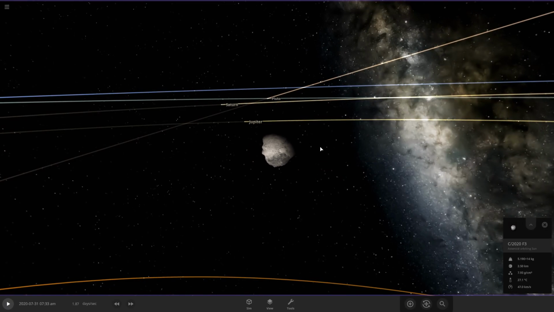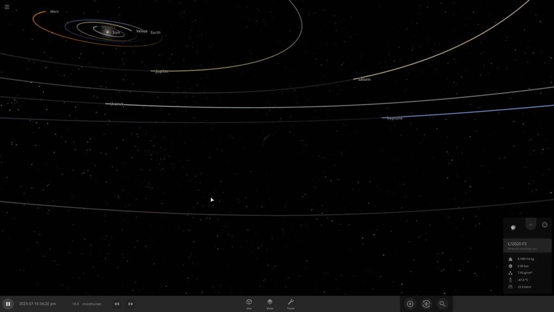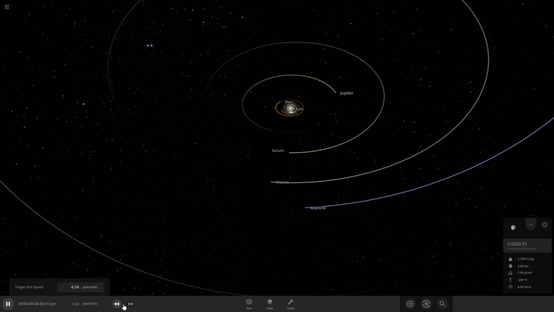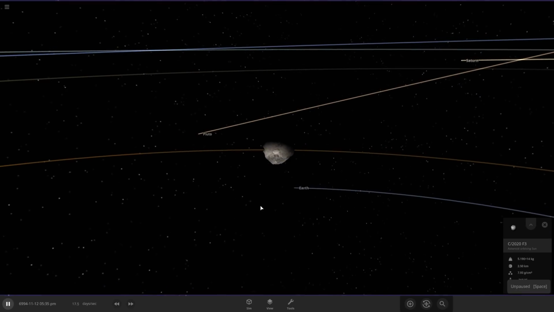And apparently this one's orbit is so long that we're not going to see it for a long time. 5,000! Okay, 5,000 years and this comet will be coming back. I'm sure we'll all care about it. Another close approach of Earth. Okay, so in 6994...